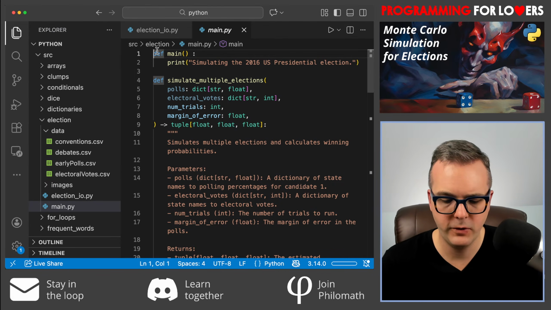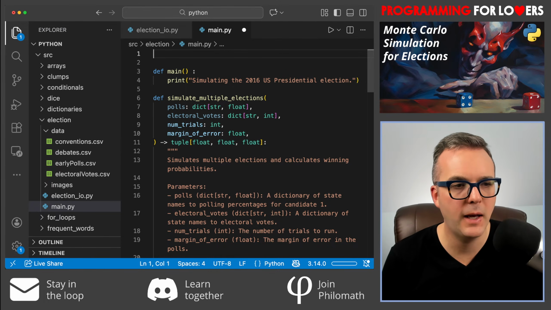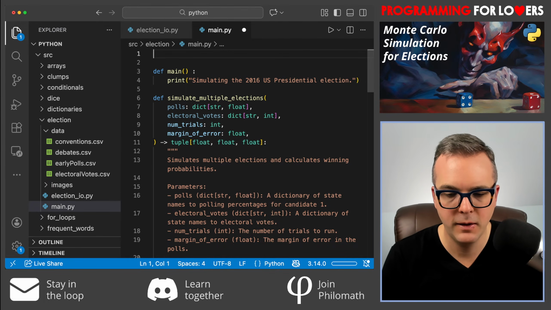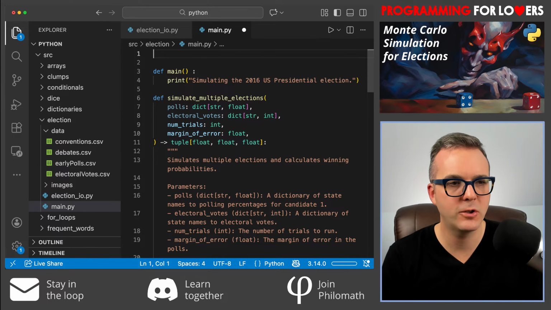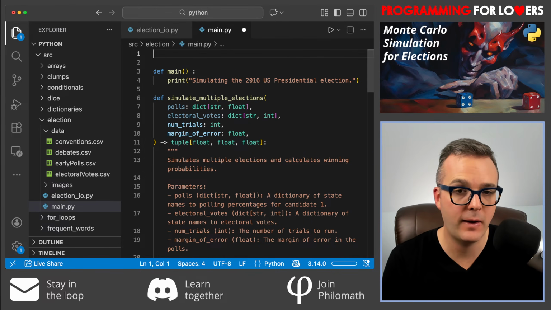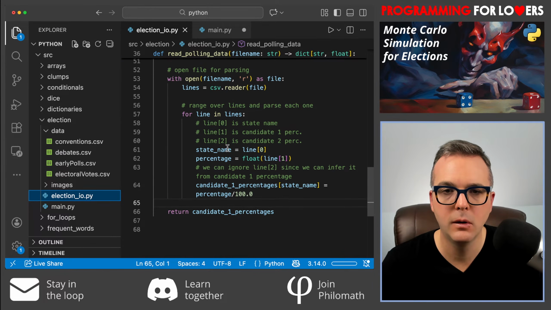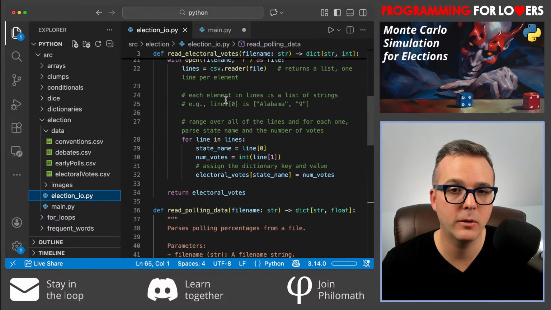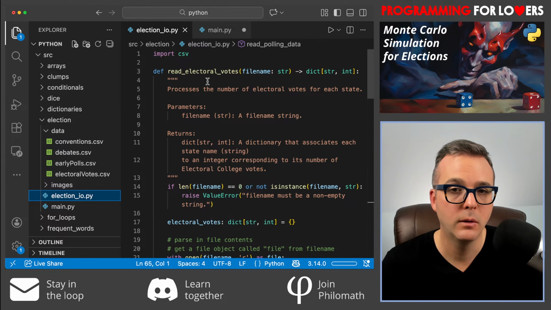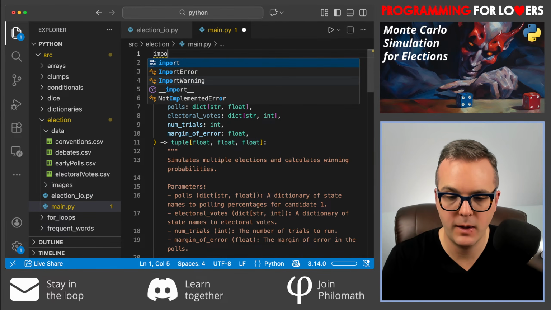So the first thing I want to do, and we've seen this very briefly before in the course, is ensure that we can actually access the functions from the file that we were just working with. Python by default is not going to allow me to just call either of these functions, like read polling data or read electoral votes, that I've just written. I need to make sure that I import them. So that's not too bad. One of the things I could say would be to import